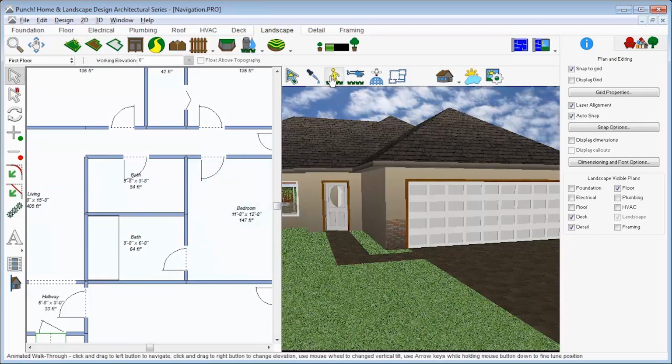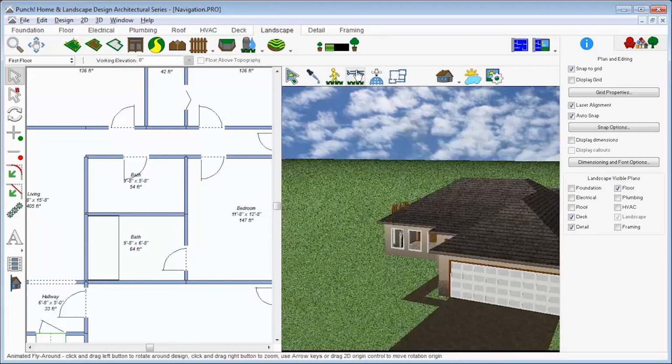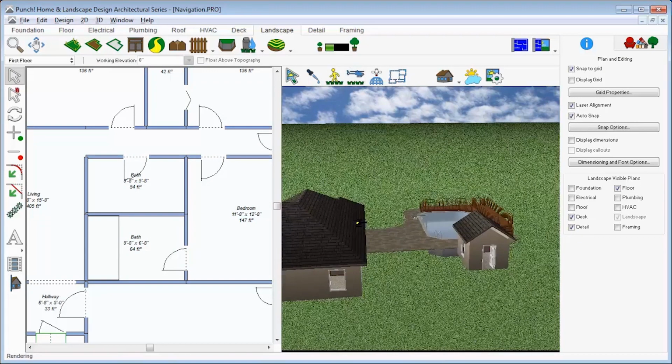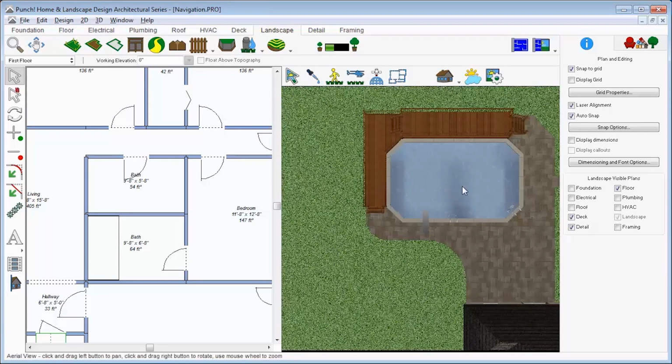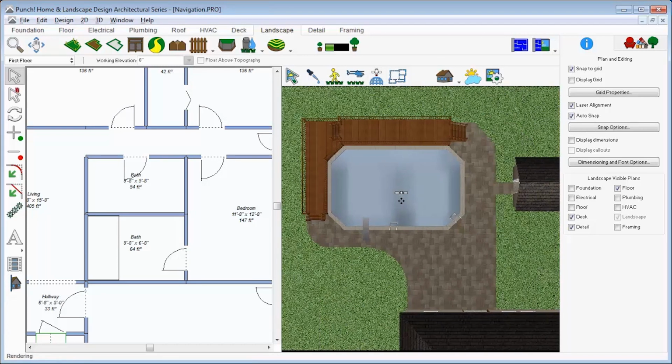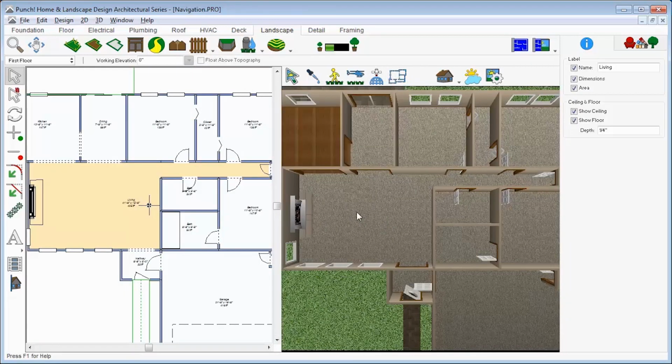There are 4 navigation modes in 3D: walkthrough mode, animated fly-around, aerial view, which is a top-down view, and room view. Room view is similar to aerial view, but it looks straight down into the selected room through the roof. All of these are available, regardless of whether you are looking at the quarter view, split 2D-3D view, or the